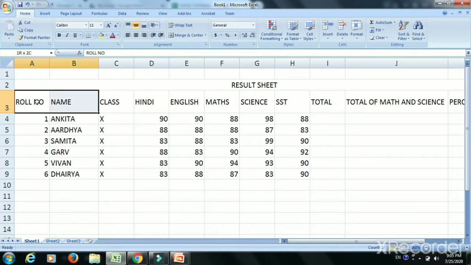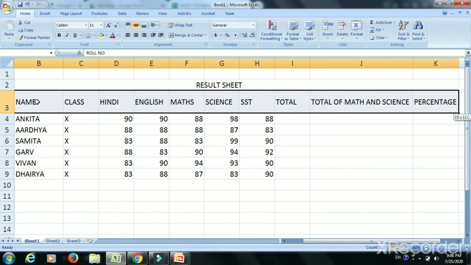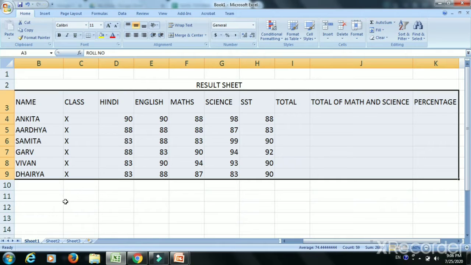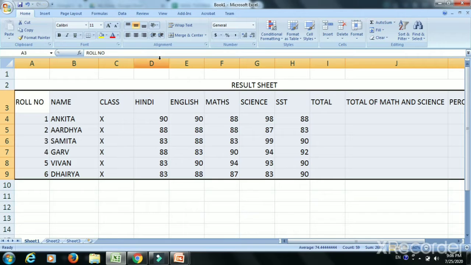You can see this is my data and I want to make all the data in the left side. So what can I do? I will select the data. Selection is very important. Without it, no effect will appear. So I have selected the data. Now you can see three options of alignments are here. This is for the left alignment, this is the center alignment, this is the right alignment, and friends, these are the horizontal alignment, and at the upper side you can see the vertical alignment. If you want the data to appear at the top, this is the top alignment, again middle alignment, and this is the bottom alignment. Now we will see how they look.